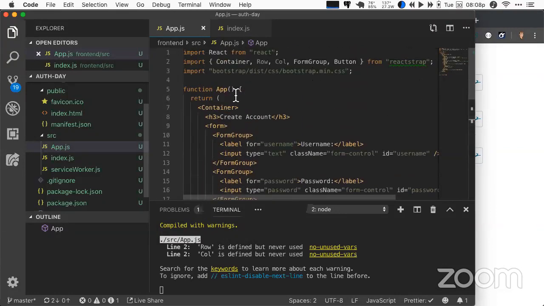Yep, so we need to do a fetch. So I'm going to change this function app because we're going to do a little bit more. Yeah, I'm still stuck on here because